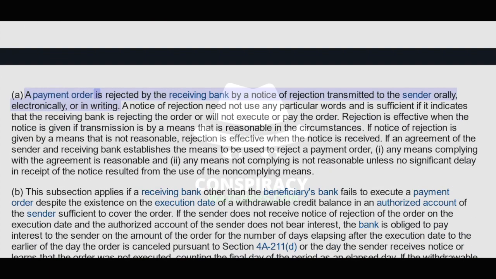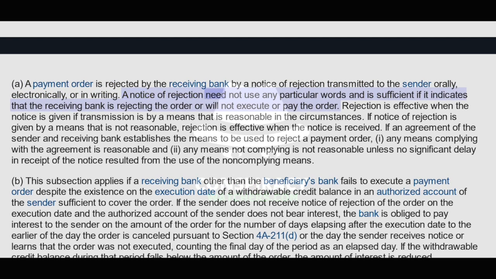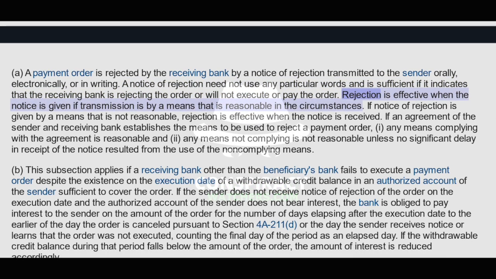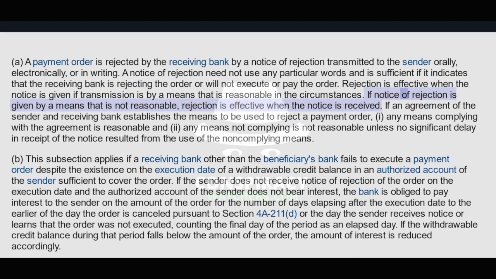A payment order is rejected by the receiving bank by a notice of rejection transmitted to the sender orally, electronically, or in writing. A notice of rejection need not use any particular words and is sufficient if it indicates that the receiving bank is rejecting the order or will not execute or pay the order. Rejection is effective when the notice is given if transmission is by a means that is reasonable in the circumstances. If notice of rejection is given by a means that is not reasonable, rejection is effective when the notice is